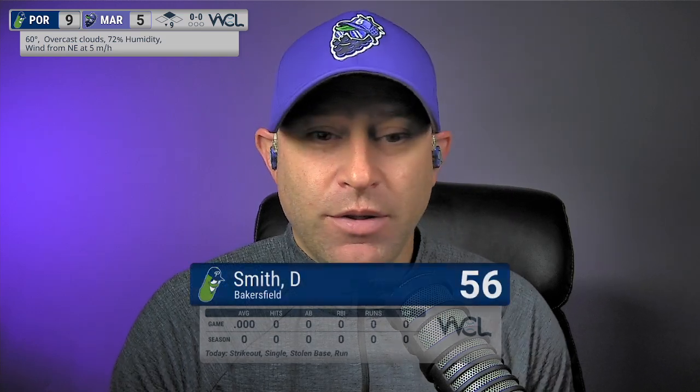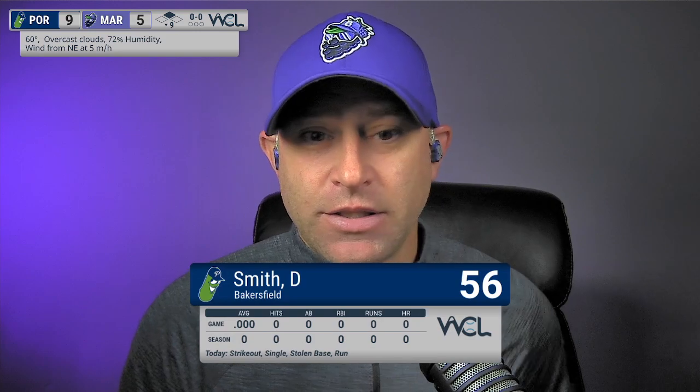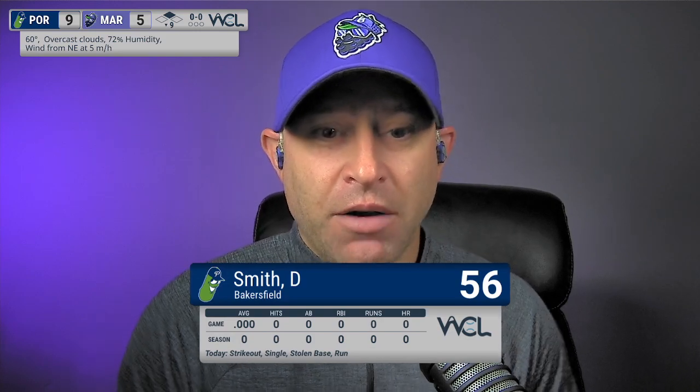We can pull up some batter stats, and this is an example of where the data is helpful, and we can pull in their season stats and their game stats. We can pull in